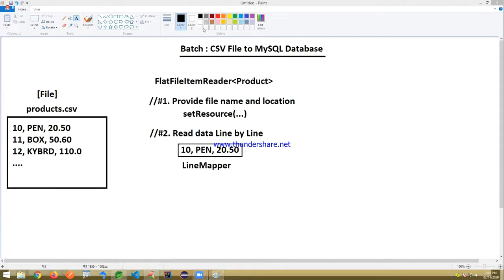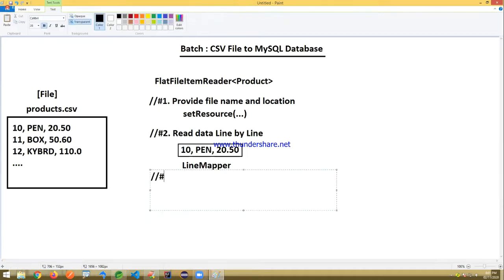Once you read the data line by line here, then we need to divide the data from the line into multiple values. So separate the values, something like 10, pen, and 20.50, like this.